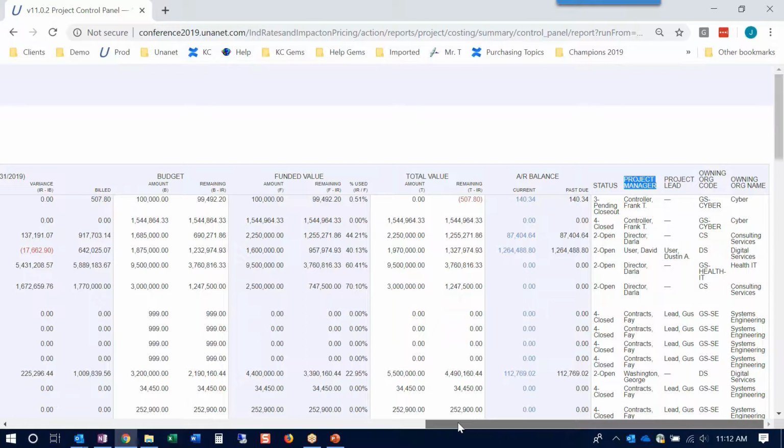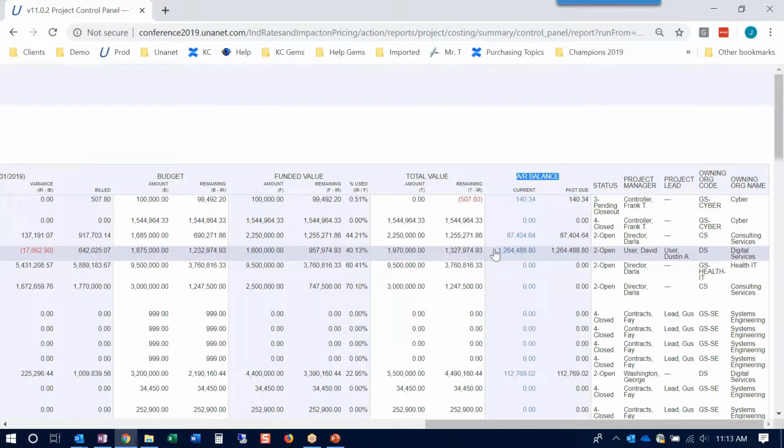So one thing to note, we can see this report does contain AR balance information. Typically you would need some sort of AR viewer role to look at your accounts, AR aging schedule or amounts on your AR report, outstanding AR. So it is worth noting users that don't have AR viewer roles will still see this AR balance, right? So if they're a project viewer and they can run this report, they can see what the current